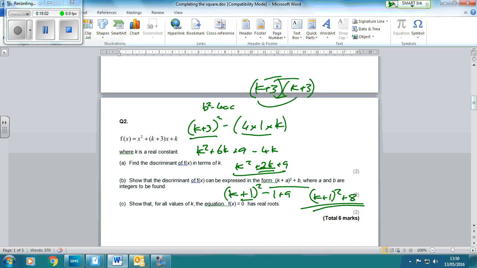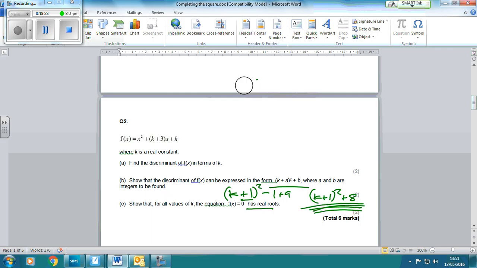So what we've done is we've just found the discriminant. If it has real roots, then that means that it can never be 0 or never be negative. There's a few ways to do this. You could do the discriminant of the discriminant and show that it's always going to be positive, or as we've